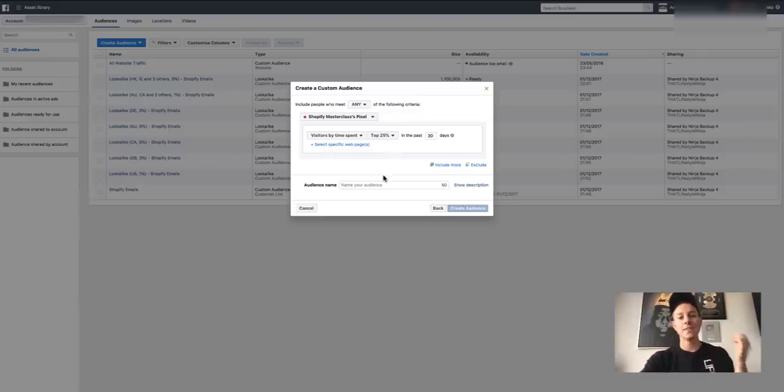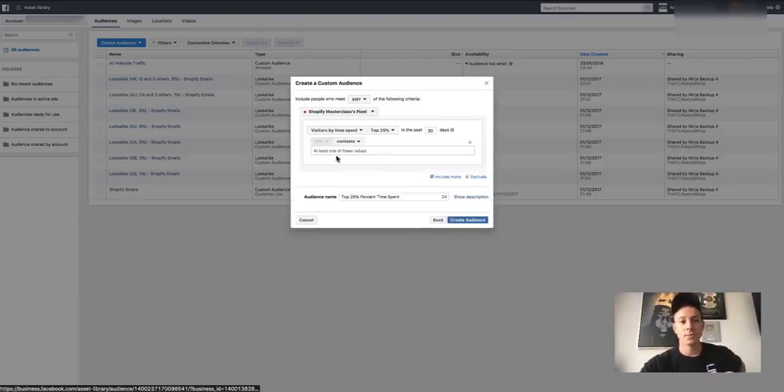And this basically means, guys, unless somebody just walks away from their computer because they get struck by lightning or something, if they spend more time on your website, it means that they're reading more. It means that they're interested more. It means that they're closer to buying from you, right? And so what I like to do, guys, is use the top 25 percentile, top 25% time spent on my site. And if you want to get even more refined,